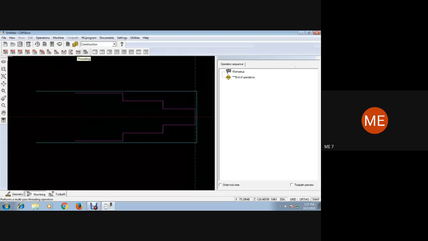For grooving, threading, and so on. Parting, drilling, peck drilling, deep drilling, contour turning, reaming, boring, and so on.